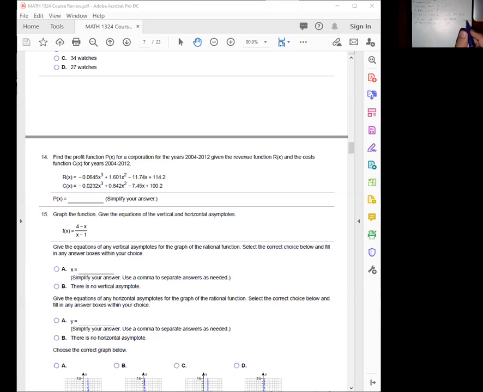I don't have enough space for one function. Yeah, I'll do it over here. Revenue is negative 0.0645 x cubed plus 1.601 x squared minus